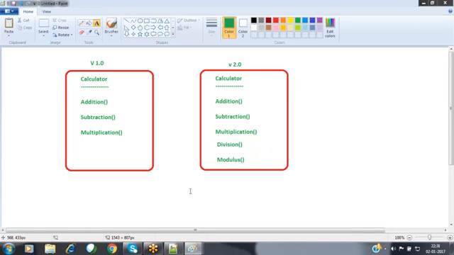Now what can we do? Do we need to write a separate class with all these methods in version 2.0? If I'm writing that, then what will happen? There is duplicate code. Redundant code will be available inside my application here. Then what can we do? Do we need to modify the class of version 1.0?